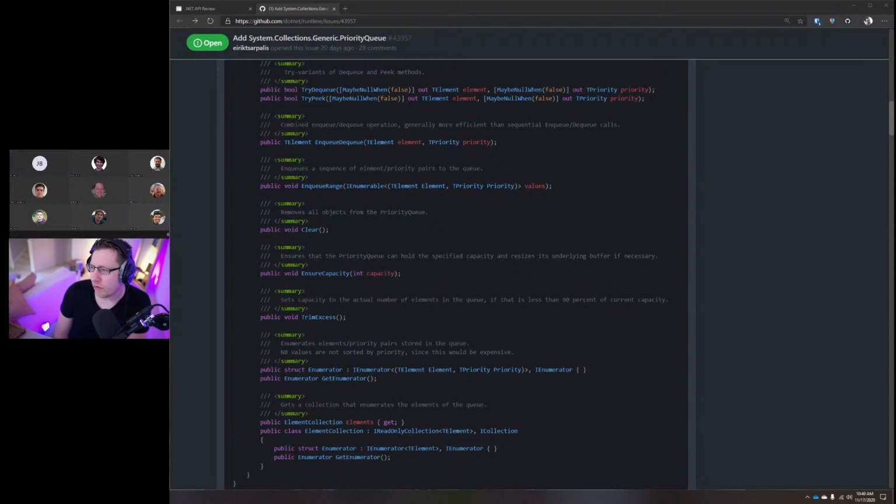I would be more concerned if you enqueue something twice, but then you only get it back once with the priority you queued it in last. That would be bad. No. That's not the case here. Okay.